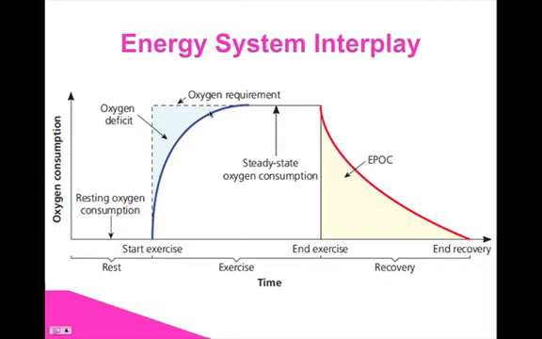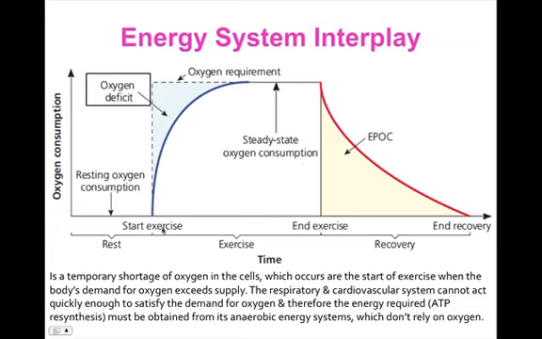The body is demanding more oxygen than we can supply, and therefore we see this oxygen deficit. When the body has adapted to those changes, so increased respiratory rate, increased tidal volume, increased heart rate, increased stroke volume, increased cardiac output and ventilation, and the demand is equal to the supply, that's when we see a steady state occur. So when we're talking about oxygen deficit, it's a temporary shortage of oxygen in the cells,